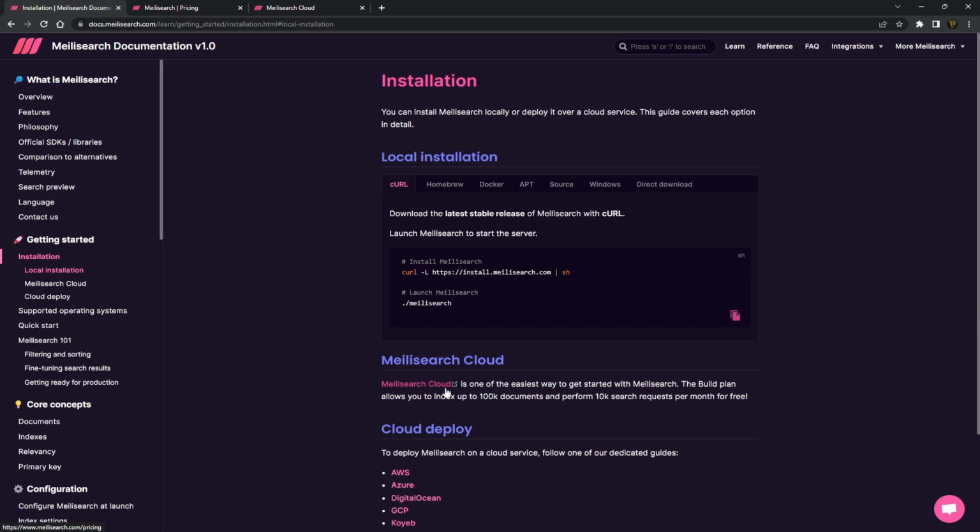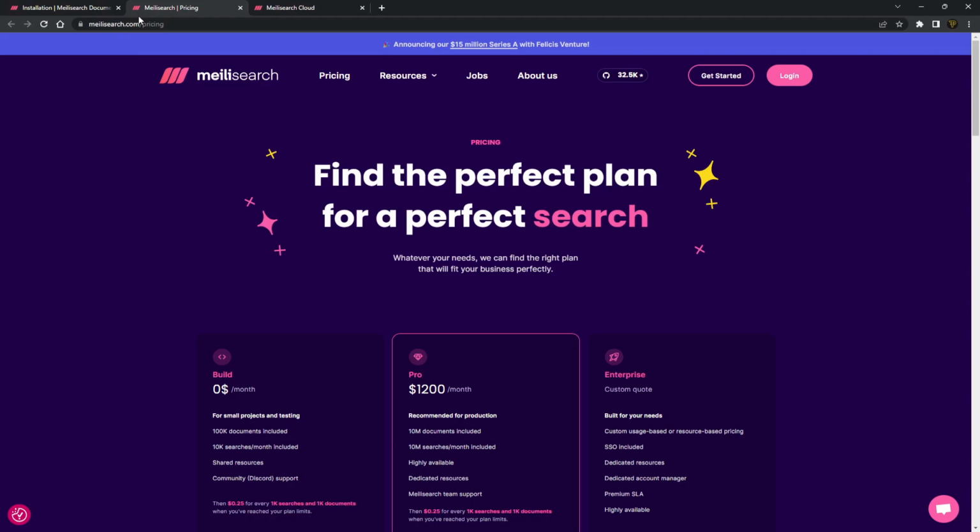It's actually the easiest way to get started, and as you can see, the build plan, which is free, allows you to have up to 100,000 documents and also 10,000 search requests per month for free, which is incredible. So let's actually click that. So what we want to do is head over to meilisearch.com. And what you can do is just click on get started, create an account for free, and then you'll be